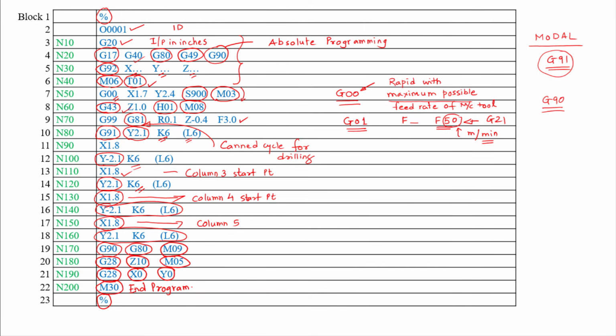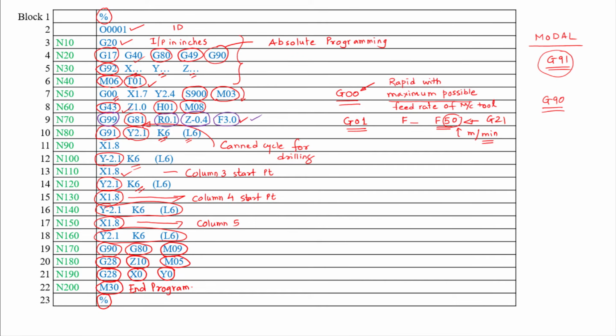Now let us come back to our code. Here we have written G99. We are trying to move to the reference position. G81. The reference position is 0.1 inches above the top portion of the workpiece. The depth of the hole is 0.4 inches, that is the thickness of the plate, and we have to carry out the operation with F equal to 3.03 inches per minute. So in this way the first drill would be carried out.